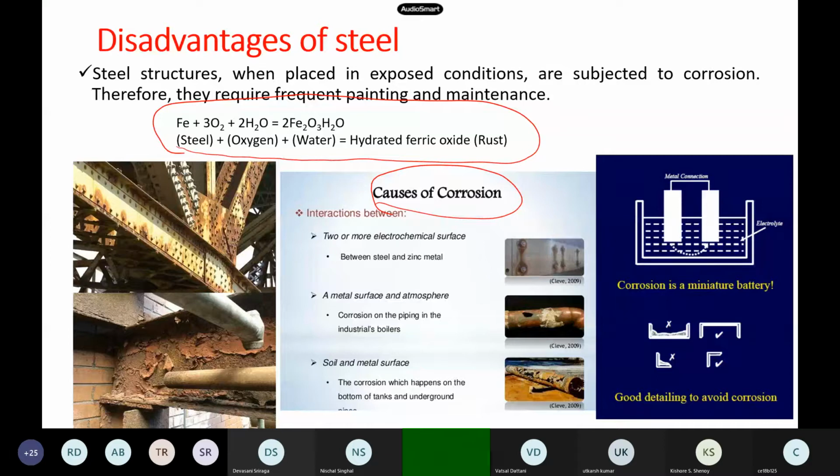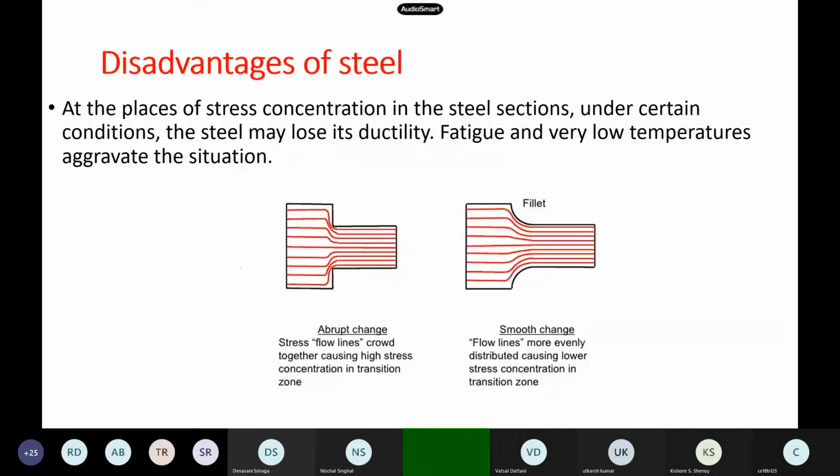Now when you are located near the sea coast, say, you will have some other extra type of things coming, corrosion comes, and this is a very complicated issue. So how to handle this corrosion, there are some coatings available, and it's a very active area of research. Okay, still we don't have a good way to protect mild steel from corrosion, but things are going on. Okay, so this is also one negative thing of the steel itself.